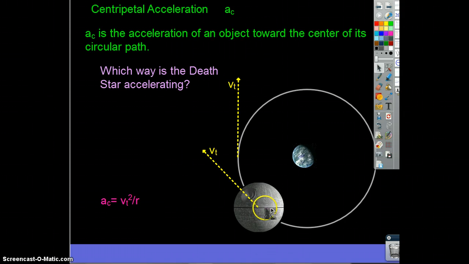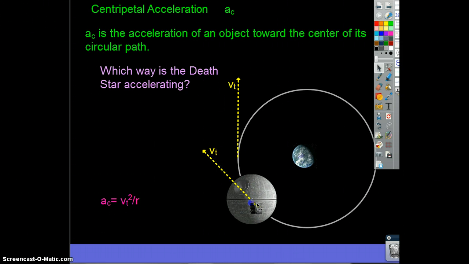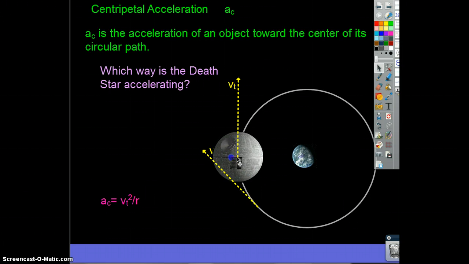At this moment in time, it's heading off at this diagonal. A little while later, it's heading off straight up. If it were to somehow come undone from its gravitational pull on the planet Alderaan, the Death Star would instead start moving off in this path. But it's indeed accelerating. If its acceleration was outward, let me move it here to the middle, it's a little easier to work with. If the acceleration was outward, it